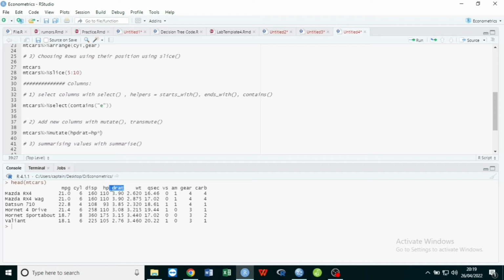We need to create a column that is a product of these two columns. I hope I'm making sense. So after doing this, let us run so that you see what I'm